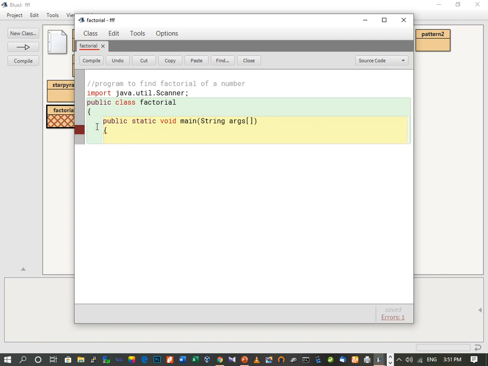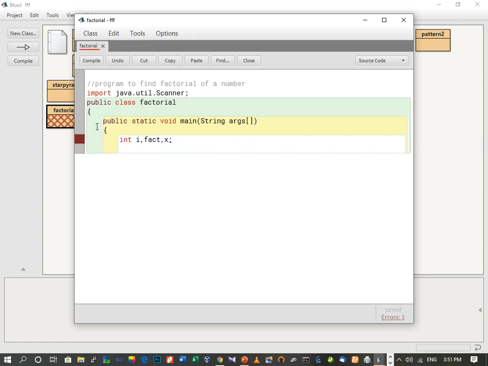Now in this program we will need three variables. One will be used in the while loop. One will be to compute the factorial value, and the third will be to accept the value from the user. So here we will declare three variables. This will be used inside the while loop. Then we will take fact, which will compute the factorial value. Now these variable names you can take as any, and then we will take x to accept the value from the user.